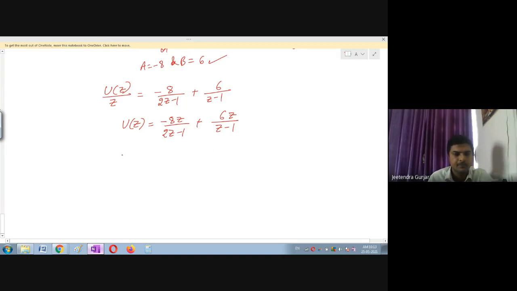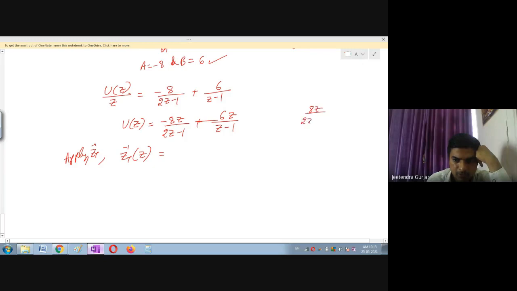So I will just take here inverse z transform, students. So please apply here, just apply z inverse. Okay, so this is going to be, now here again, 8z upon 2z minus 1 is there. In the denominator it must be z minus 1 or something, so that we can apply the formula. For this, one trick is there. What I will do, I will take out 2 from this in the denominator.